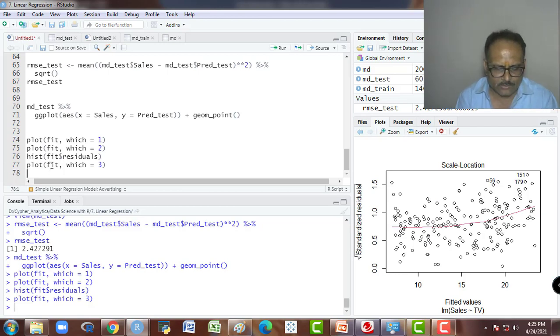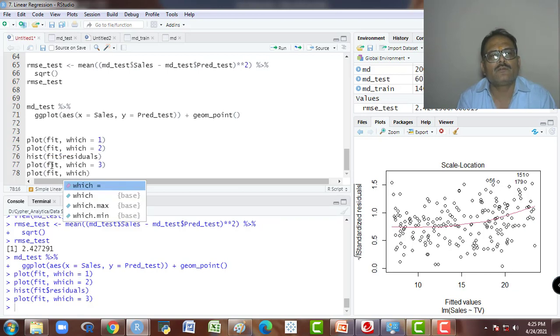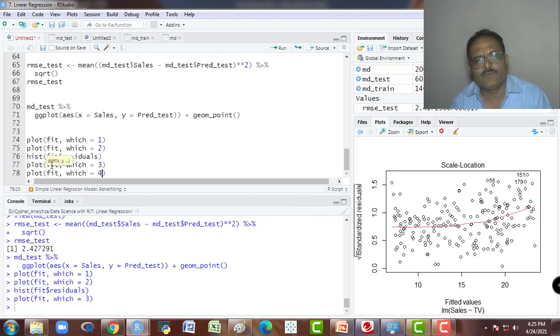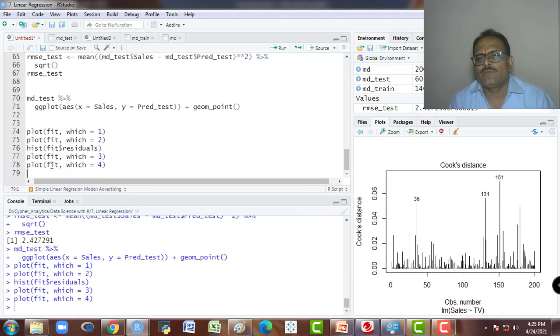And there is another plot, fit, which 4. So this is the Cook's plot, Cook's distance we are taking here, against the observation numbers.